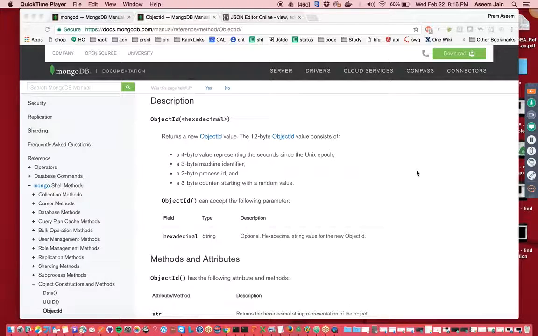So my name is Aseem Jain, and in this tutorial lecture of MongoDB we are going to learn how the ObjectID or _id is created. What is the logic, what is the algorithm behind it? So in MongoDB